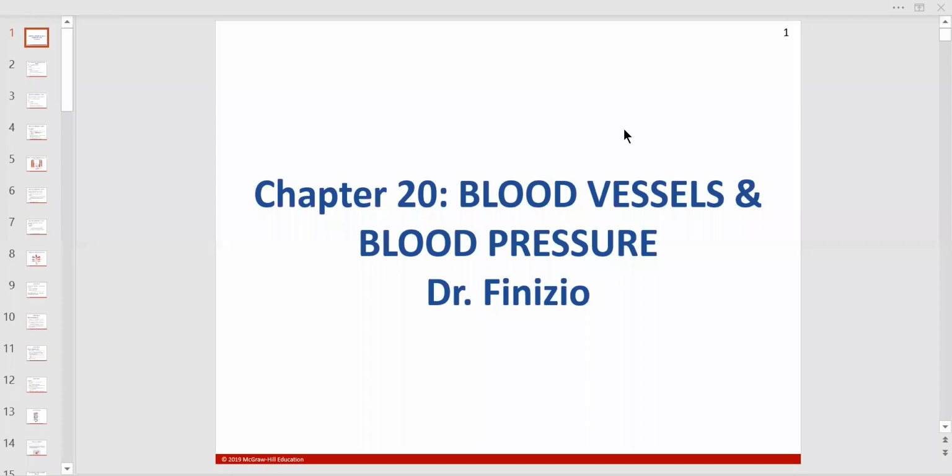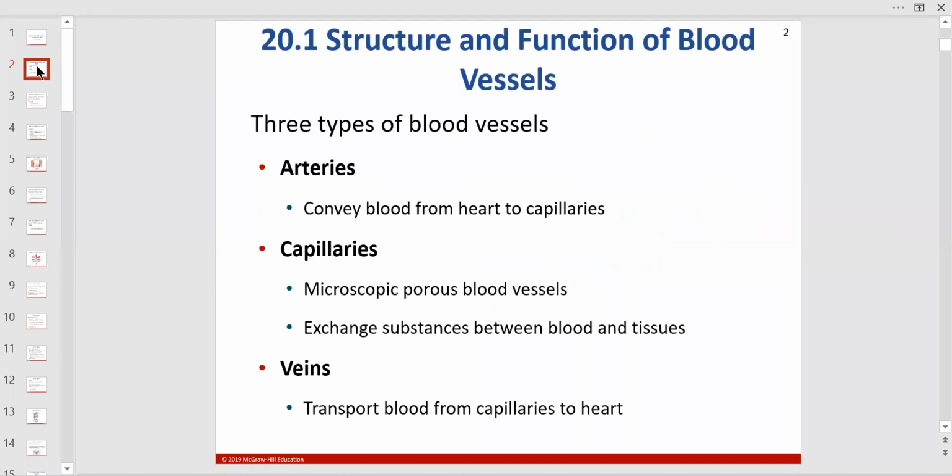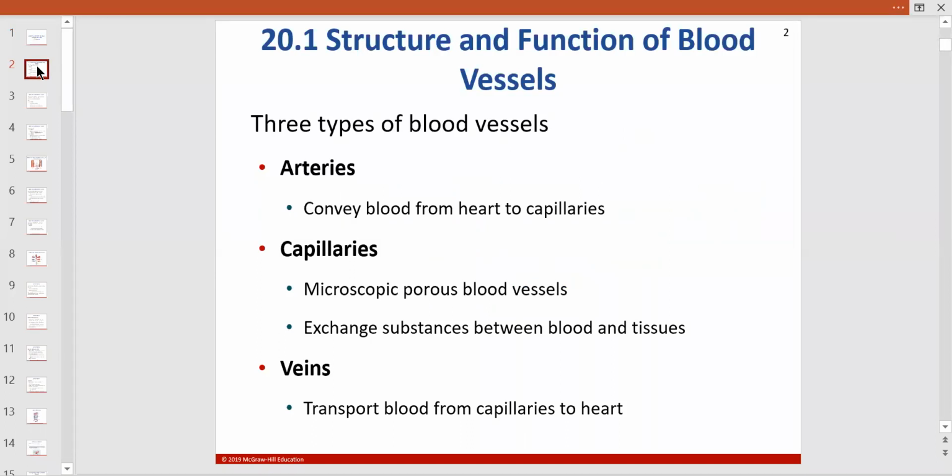So, blood vessels and blood pressure. I'm sure you've learned some of this physiology. So we're going to try to give you as much anatomy as I can today, and we're going to do this in a 2-week lab, so you don't have to learn everything. So I like this. First of all, let's get the definitions here